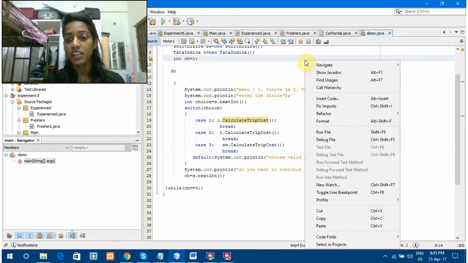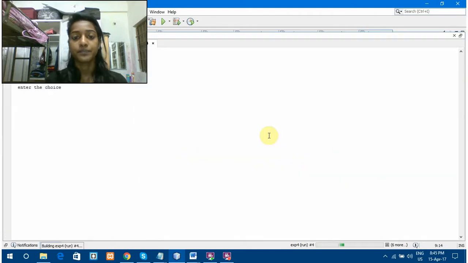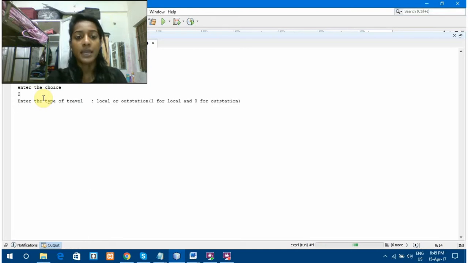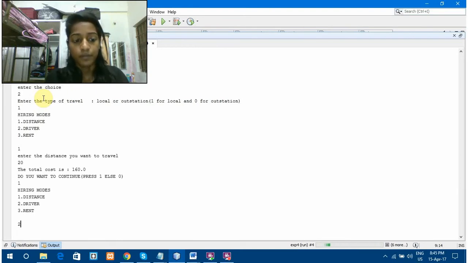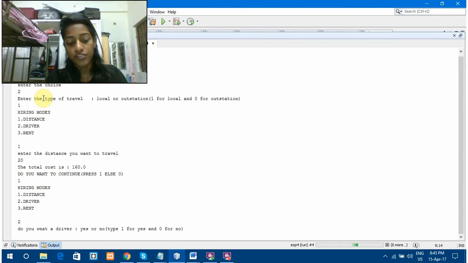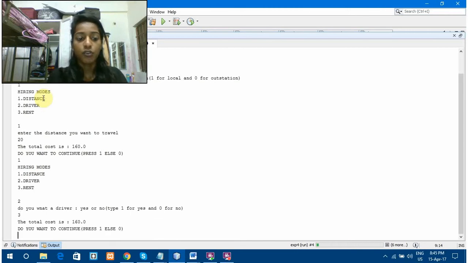Now let's just run and see. So enter the choice. Suppose I want to go for Tata Indica and the type of travel that I want to go for is local. I want to travel a distance of 20 kilometers. The cost is this. Now I also want a driver. So I say I want the driver for 3 days. So the total cost is,